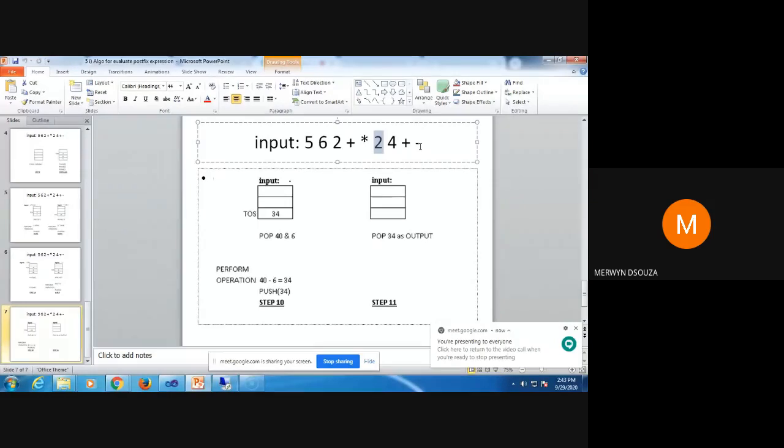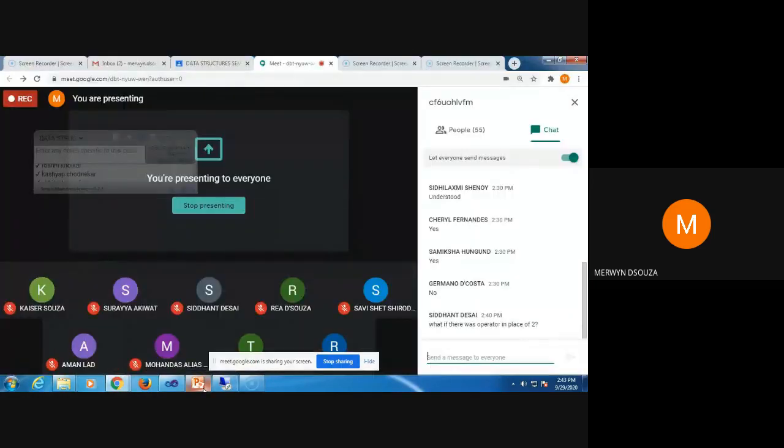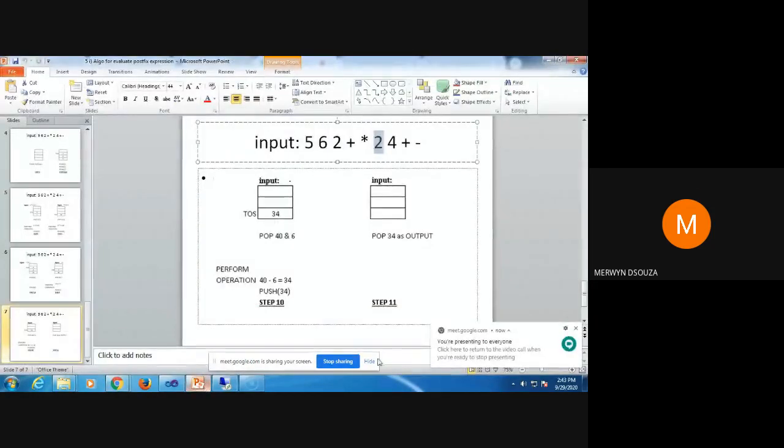If you don't put a valid postfix expression, you won't get an answer. So please note that this program is not going to check for a valid postfix expression. You have to make sure that you enter a valid postfix expression. Then it will give you the correct answer. Otherwise, it can't decide that it's a wrong expression.